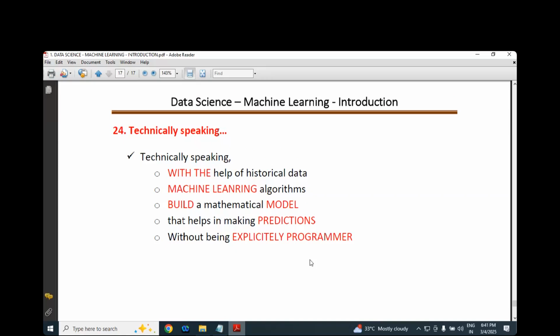Then what will it do? The machine learning algorithm builds a math model. It is creating mathematical models. After it creates the mathematical model, that helps us do what exactly? Prediction. Why are we creating the math model? What is our main motto? Prediction, without being explicitly programmed. You need not write your own program. We never write; that is not our main motto. Algorithms are already available. We just need to use those algorithms. That's what you need to get a clear picture of. Are you with me or not, sir?